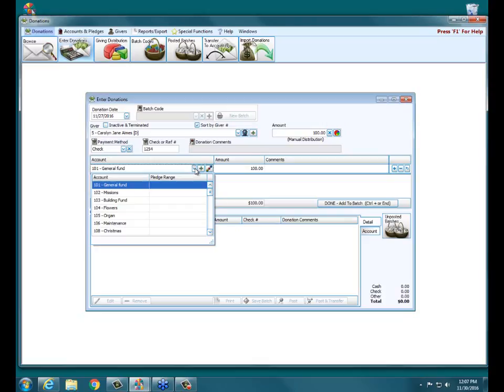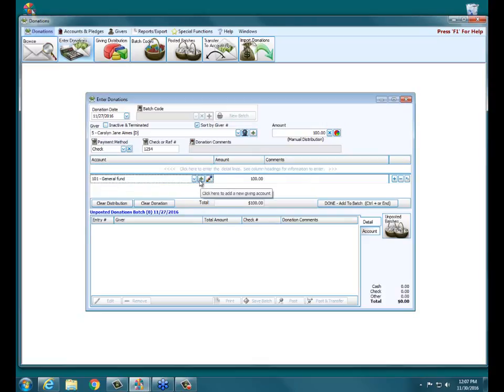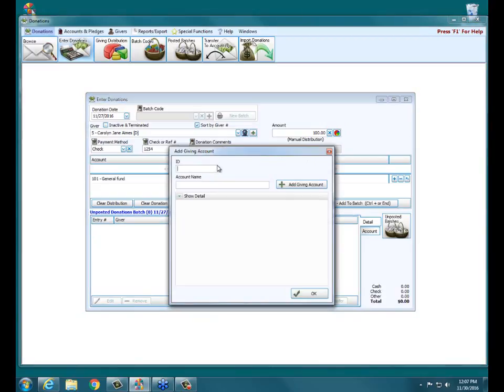All right, so let's go on to adding a giving account. You also have this handy little green plus sign here. If you hit this little green plus sign, it's going to open up the Add Giving Account screen. So this is a fast and easy way to add accounts on the fly. So the example in the book is for setting up a new account here. Let me find it. It's called Free Will Offering for Clergy. So we're going to go with what the workbook does. So we're going to give it the ID of 170. And then we're going to type in the name